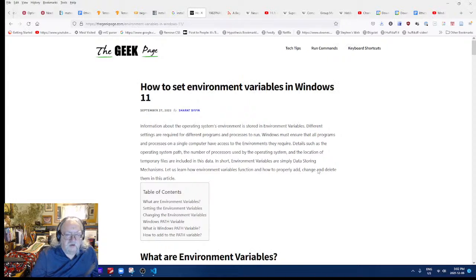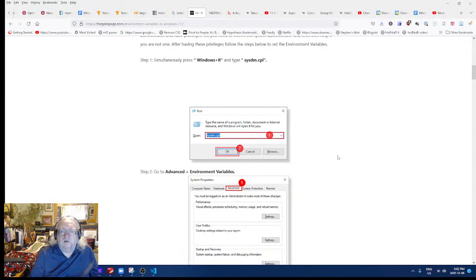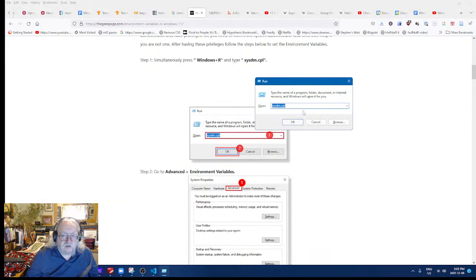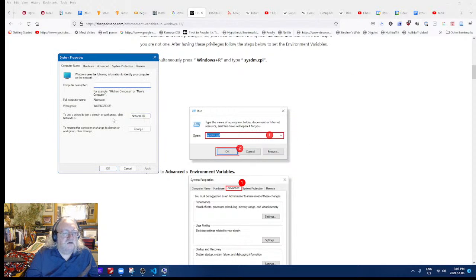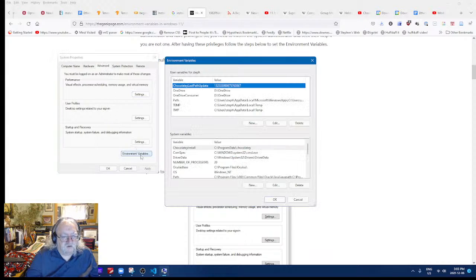Set environment variables. Okay, Windows R. Windows key plus R. And then sysdm.cpl. You can't see it there because it's under me, but there it is. Okay. And advanced. And environment variables.